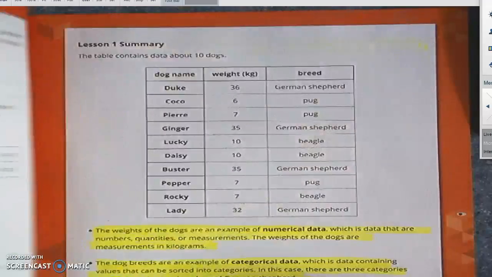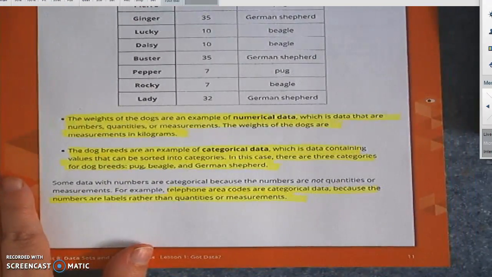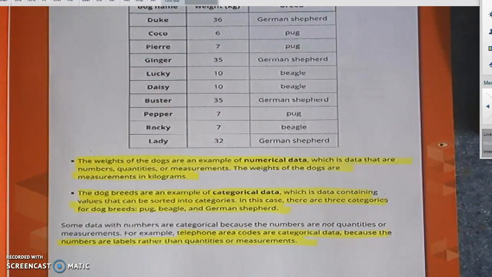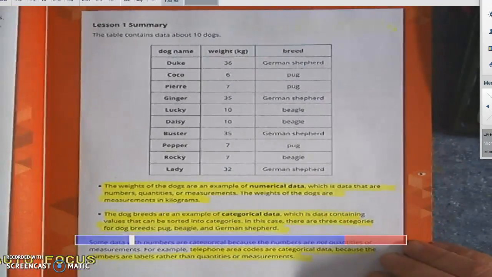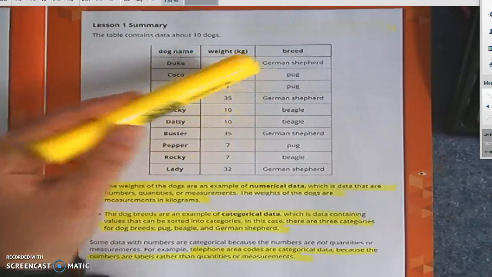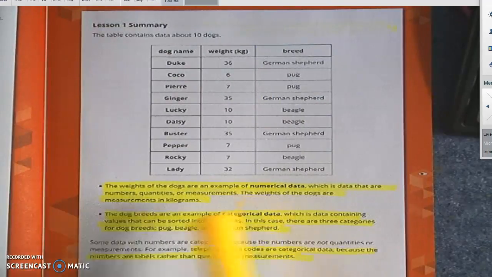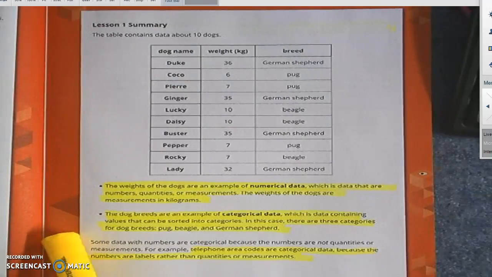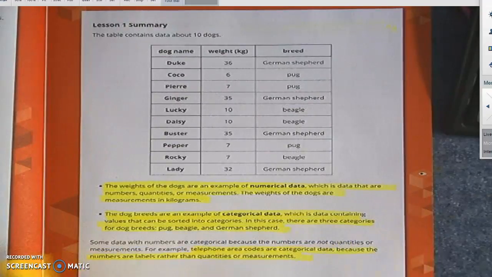And in class, we did not get a chance to highlight our summary. So page 11, take a second and highlight. It just goes back over our numerical and our categorical data. So they gave us a table with dog name, dog weight, and what kind of dog it is. The weights of the dogs are numerical data because it's numbers, quantities, or measurements. And then the types of dogs, or the dog breeds, are categorical data, which is data containing values that can